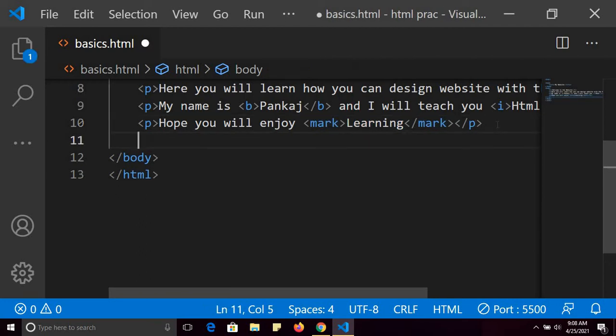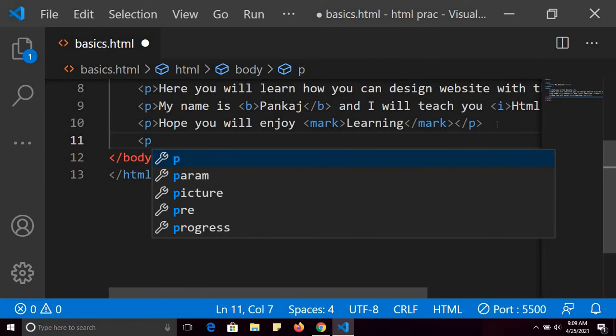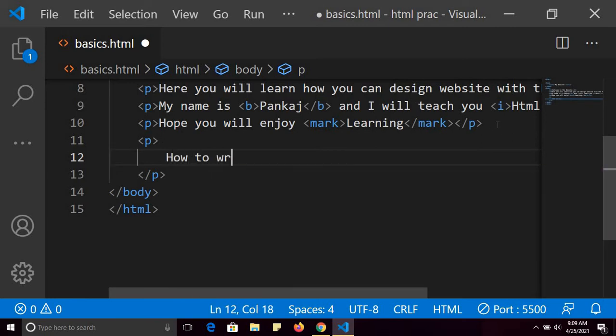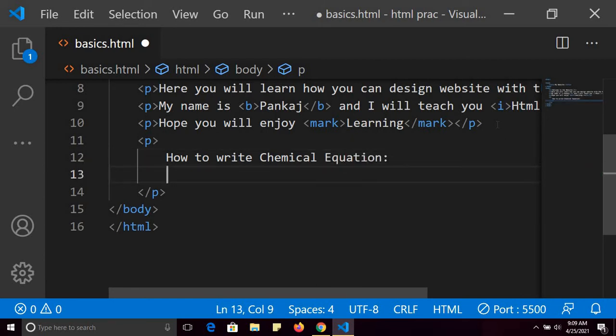Next, suppose you want to write a chemical equation in your web page. For example, let me explain how to write a chemical equation. I am going to write H2O. Chemical H2O means water.